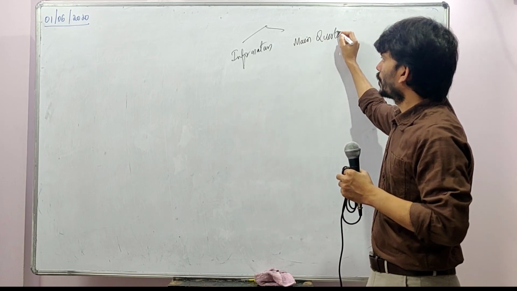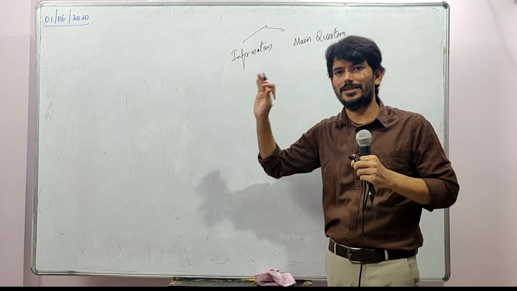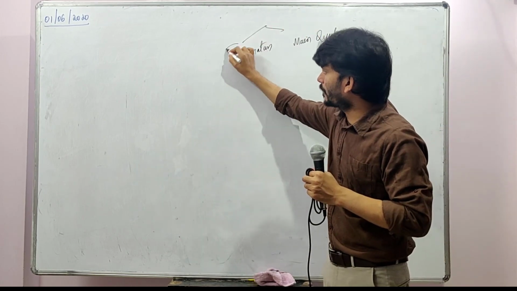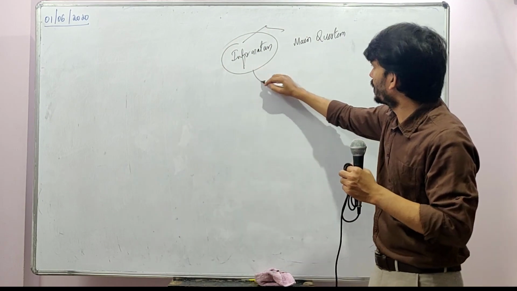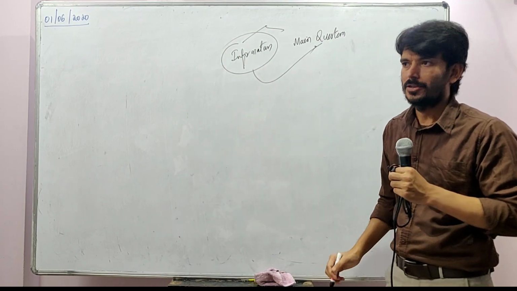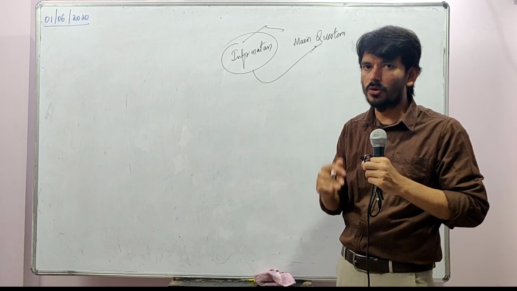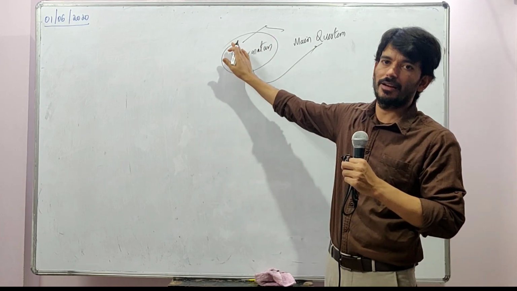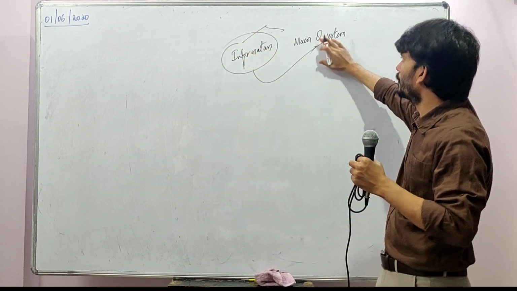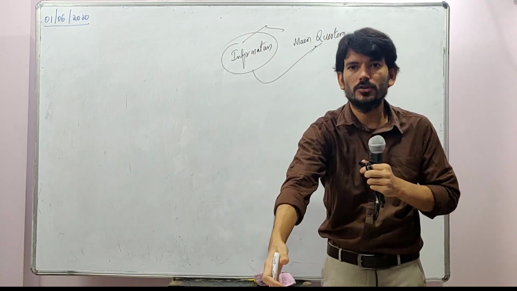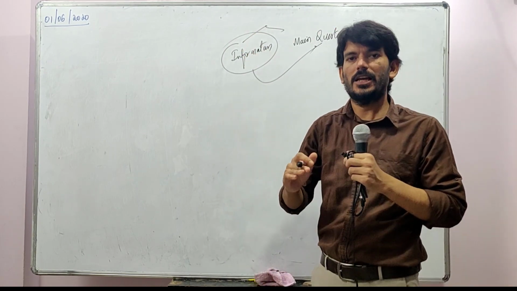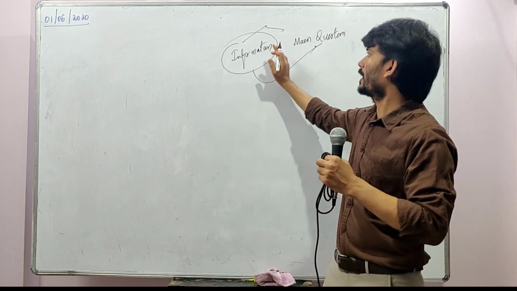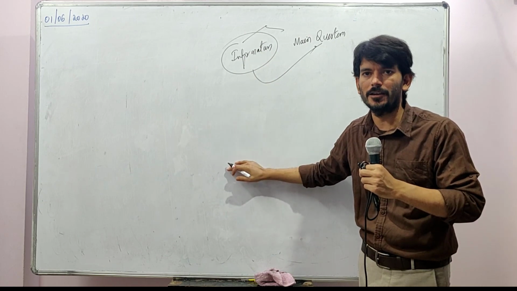Not just for accounts, the same logic will apply for your costing also. By using the information given in the question, we should be able to solve the main question. Whatever question you see, it is not only the question, it is some information also. So we need to understand what information is relevant, and use that information in the main question. Coming back to this question, they have given debtors, value of furniture, number of employees, so much is given. That will all come under the information category.